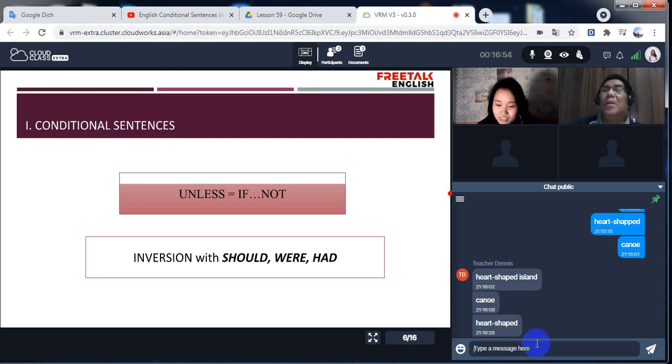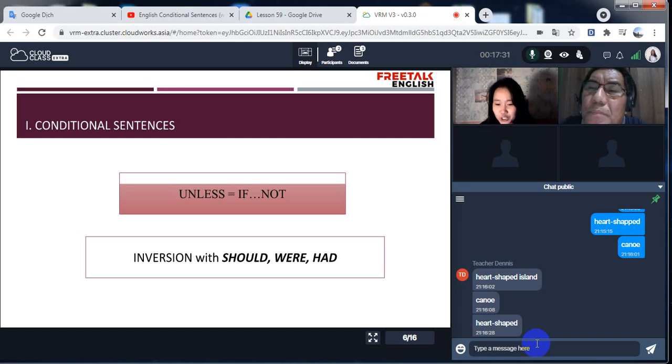It functions as a describing word. Okay, you may continue. Because I feel like this island is the heart of Vietnam, and I want to visit it. You think that it symbolizes the heart of Vietnam. And do you know the heart-shaped island